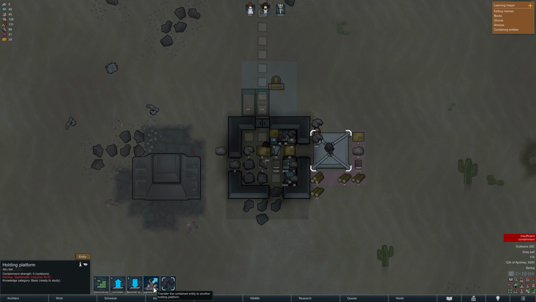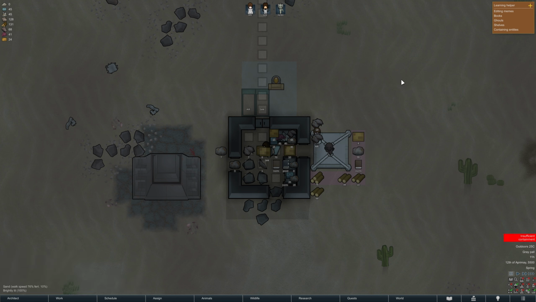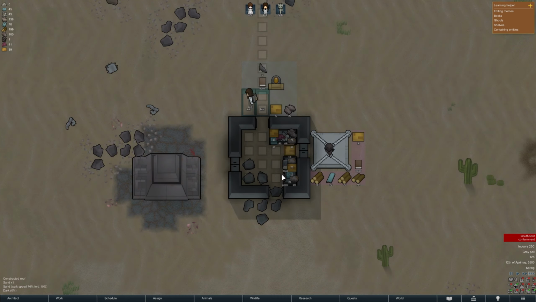All right, hang on. Transfer the contained entity to another holding platform. Select contained creature. Select holding space. Right. Well, what can you... Prioritize studying at holding platform. Well, unless... Will you study on your own? I want to see. Because they're hauling. Right, because I deleted the... Whatever. Let's let them finish hauling. And see if they...